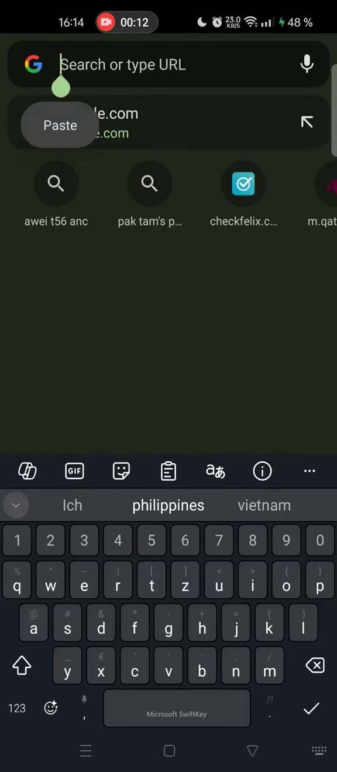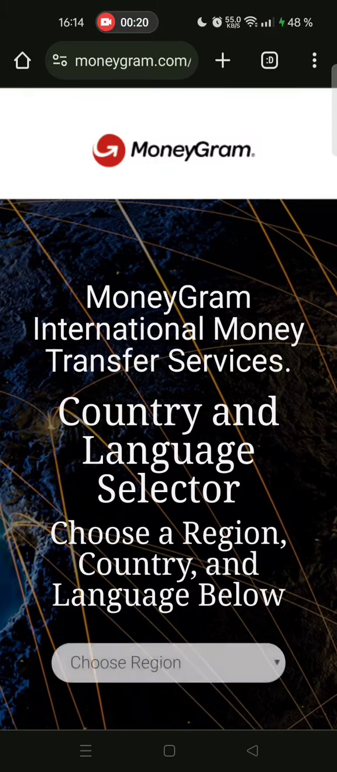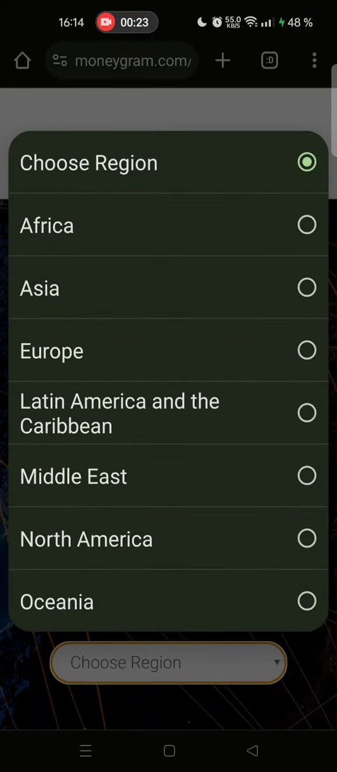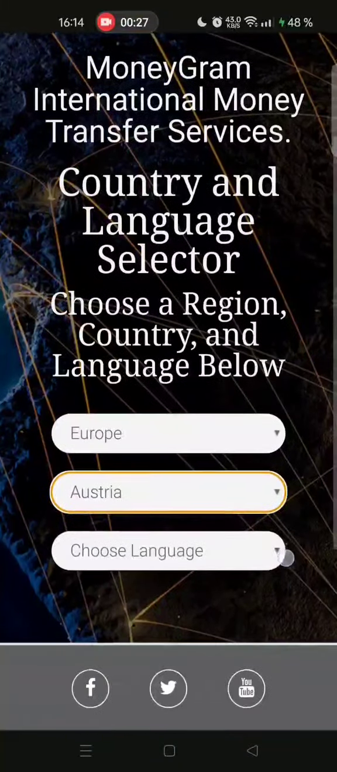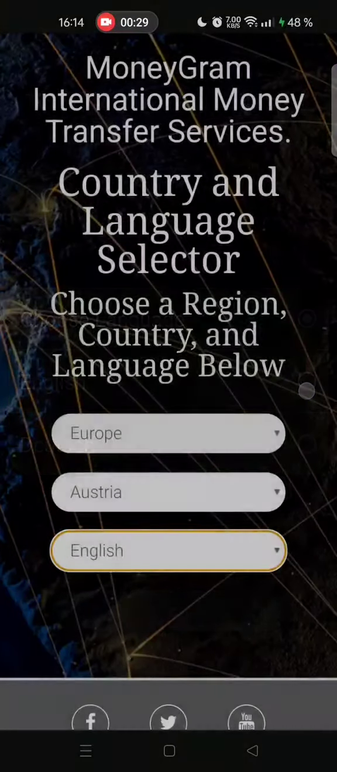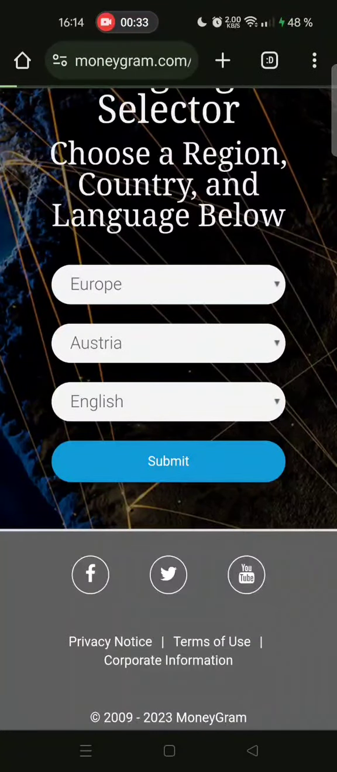So you open any browser, type in moneygram.com, and hit the enter button. Then you have to enter again the region, the country, and the language. Very important that we have created an account before, which you can see in the previous tutorial. Click the submit button,